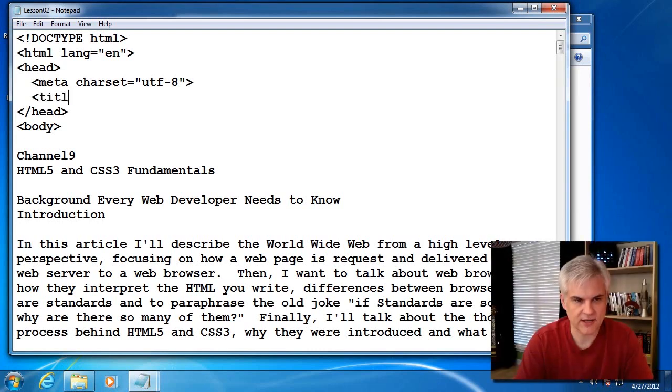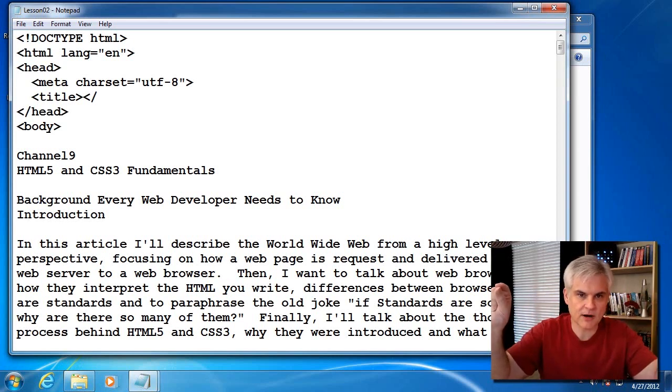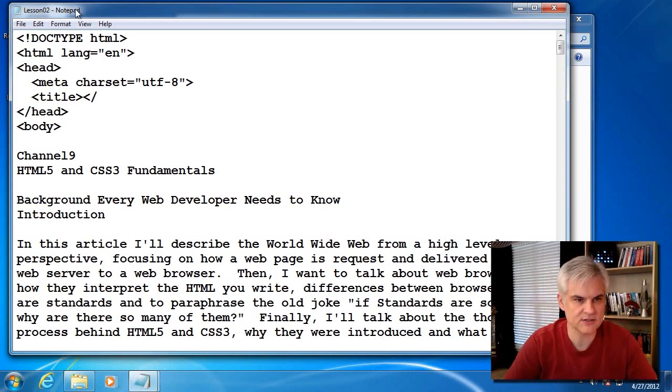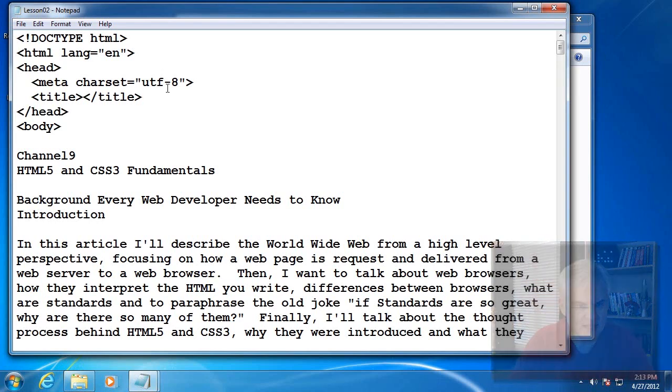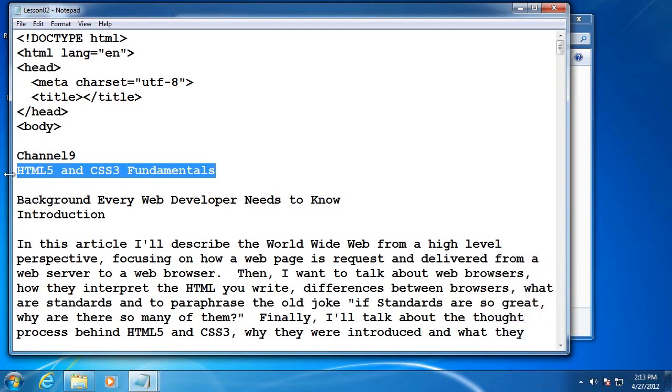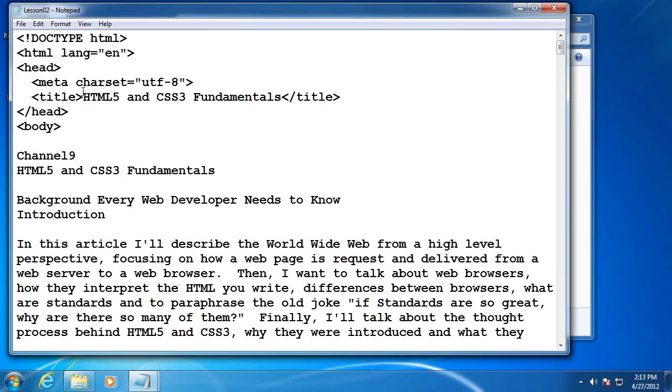And here I'm going to create a title for my document, and the title will be displayed in either the title bar in Windows, like you see here, Lesson 02 Notepad, or in the case of Internet Explorer, in the tab name above the page you're currently viewing. All right, so that's the purpose of the title, and I'm just going to grab this text right here, and I'm going to paste it. So I hit Control-C, Control-V,